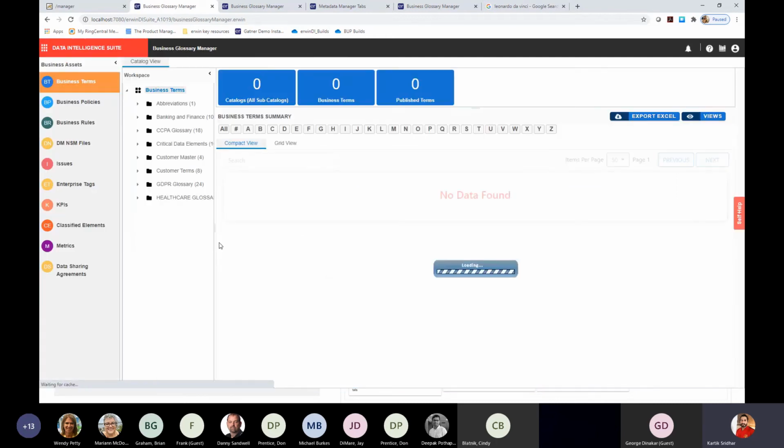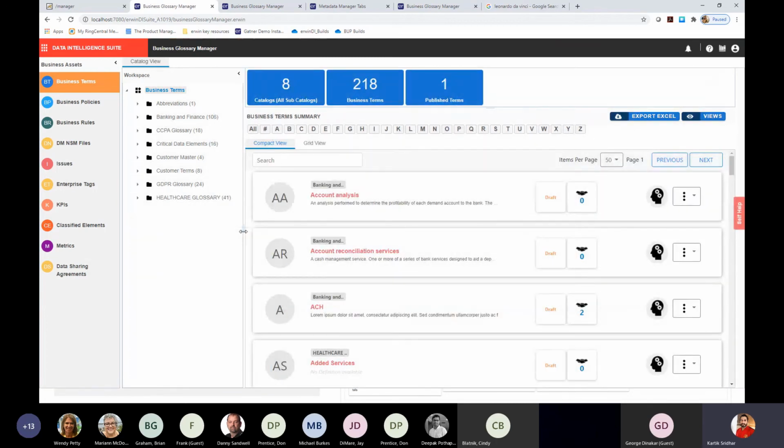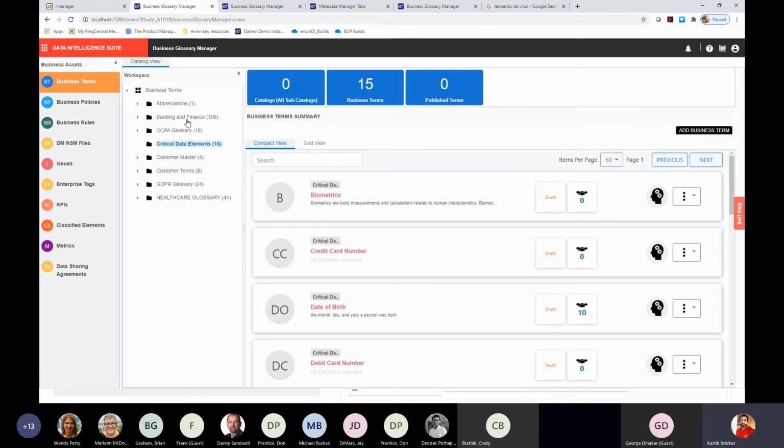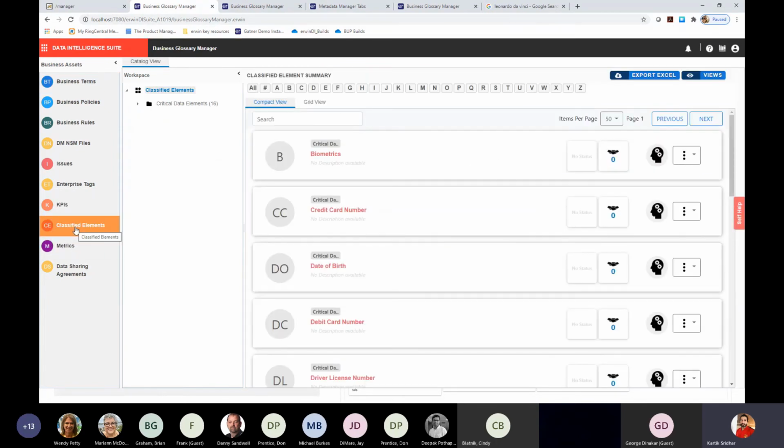So if I go into the business glossary here, you will now have the ability, from a sensitive data perspective, let's say you want the tool to go and automatically find where sensitive data is within your organization. You have the ability to define critical data elements as a glossary of terms under your business glossary, or you can create that as a specific asset in itself. So the tool gives you that level of flexibility to configure how you want to define that asset, whether it needs to be another catalog of terms under business glossary, or whether you want to define it as a specific asset in itself. And this is something that we will be packaging as a predefined template with the product.